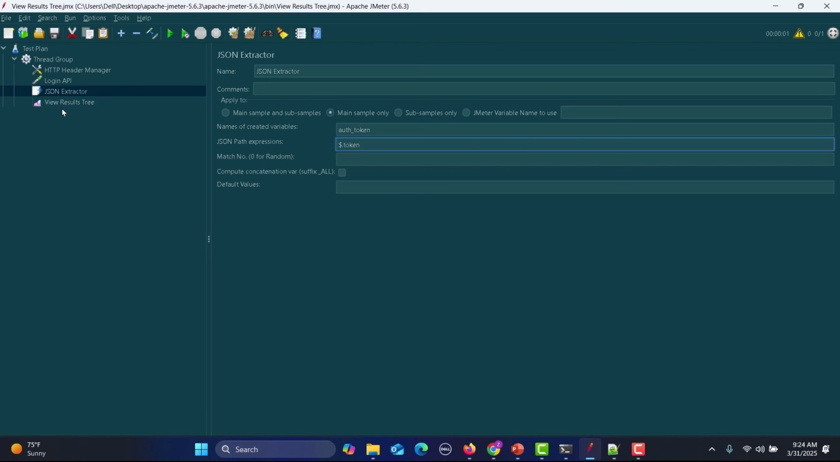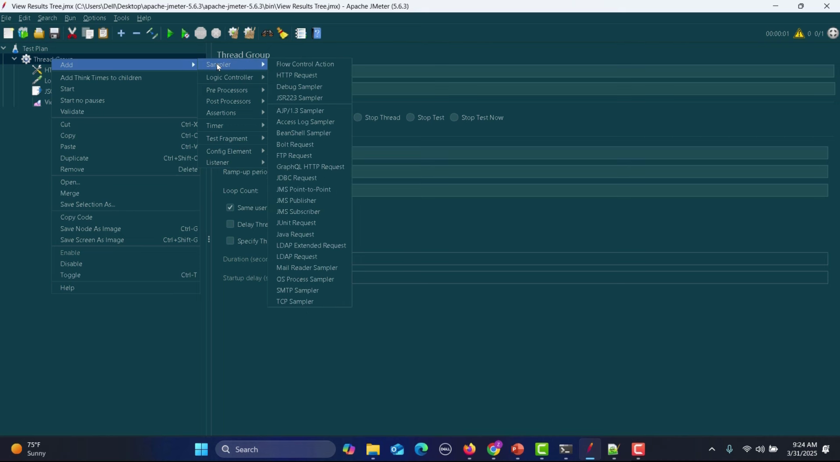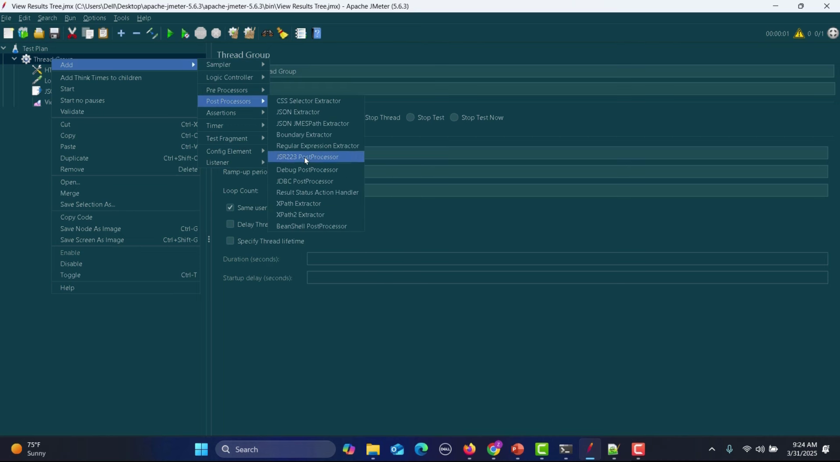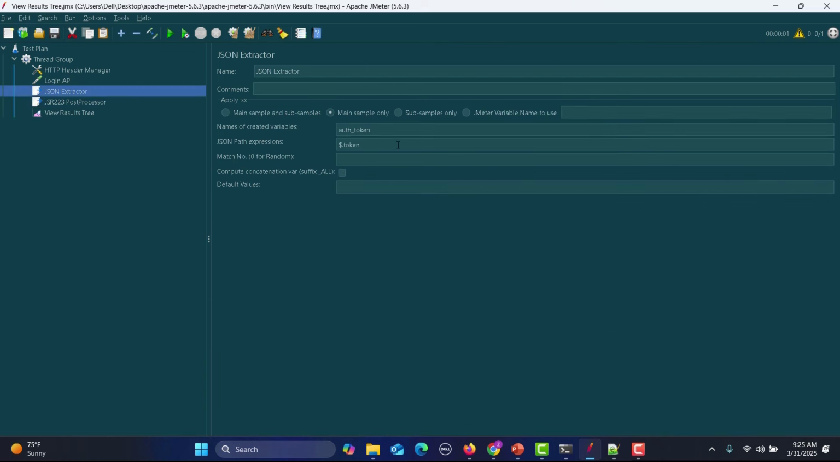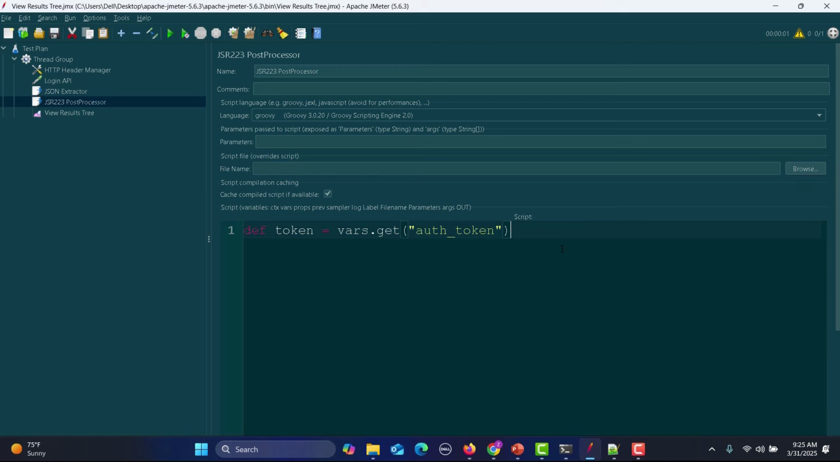Now we need to write a Groovy script. After this, we need to add post processors, JSR223 post processor, and here we need to write the code. We say def token equals vars.get, and what we need to get is auth_token, because we have defined this over here. Now I will go with the if condition. So if token,